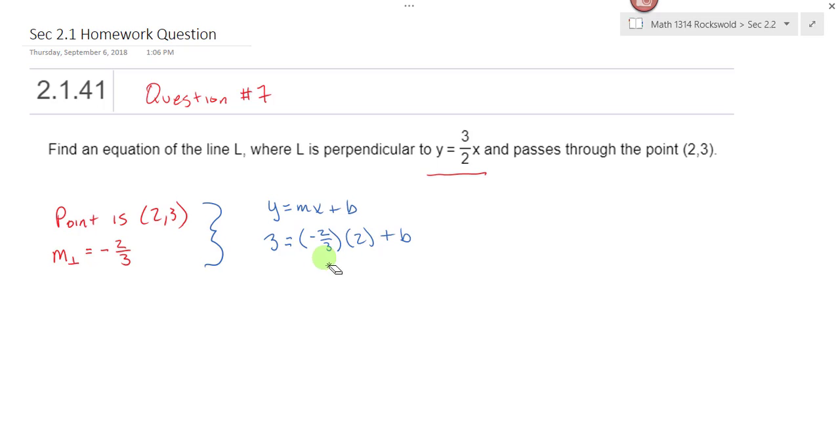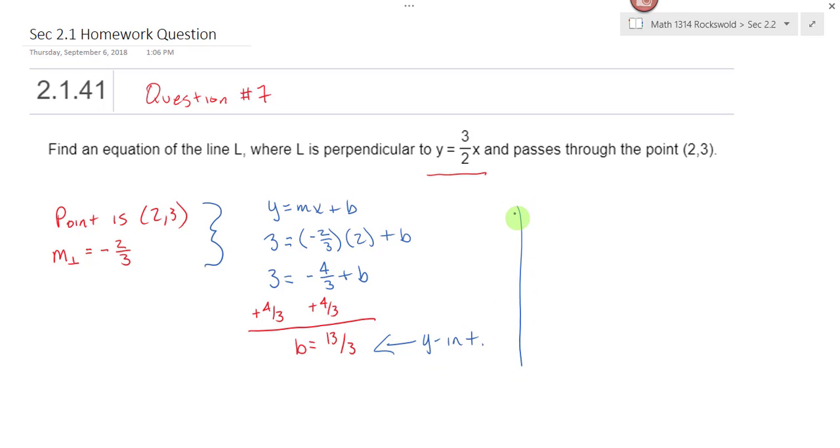So 2 times negative 2/3 is negative 4/3, and I end up with 3 equals negative 4/3 plus b. To get the b by itself, I need to add 4/3 to both sides. So 3 is 9/3, and 9/3 plus 4/3 is 13/3, and we end up with b equals 13/3. This is the y-intercept. And the equation of the line then, your final answer, is going to be y equals negative 2/3 x plus